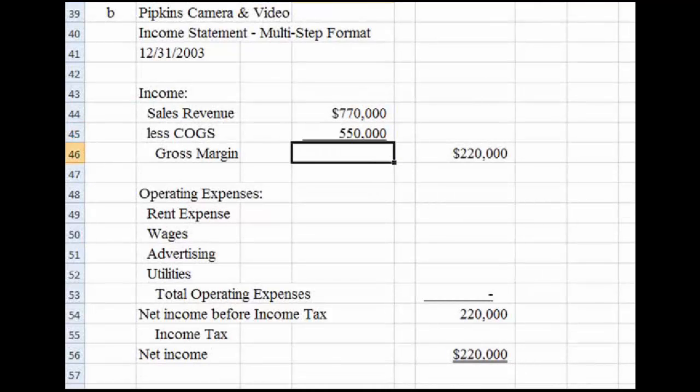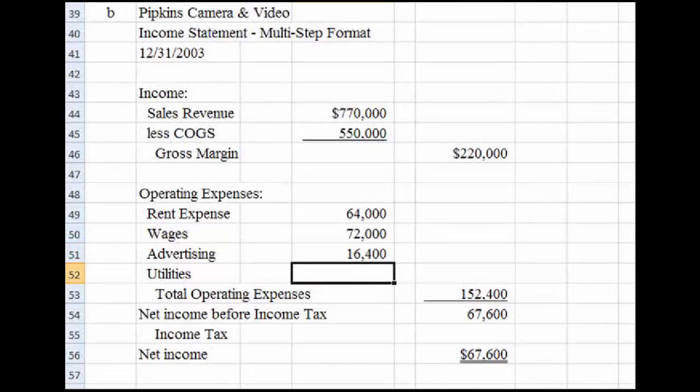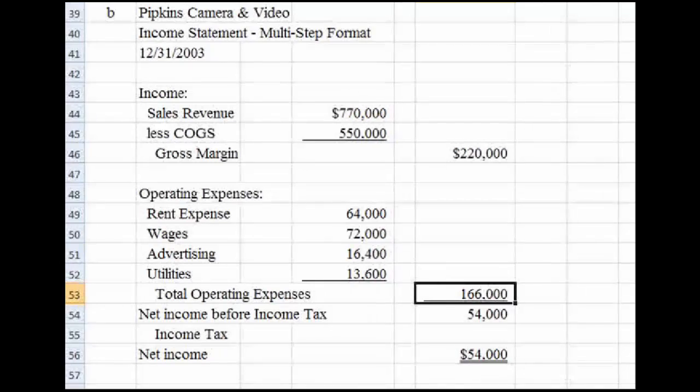Within the operating expenses, there are again rent of $64,000, wages of $72,000, advertising of $16,400, utilities of $13,600. This totals to the operating expenses in the multi-step format, which are then subtracted from the gross margin to